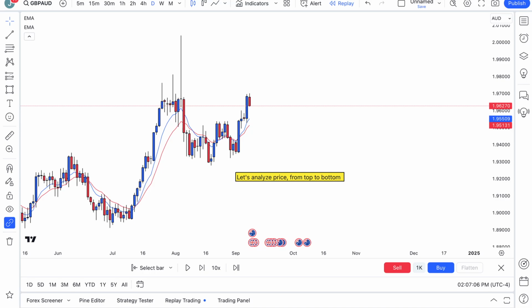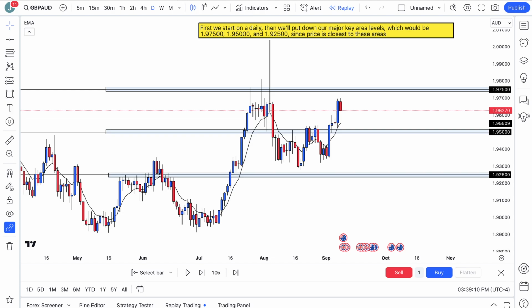Let's analyze price from top to bottom. So we're just looking at price. First we start on a daily, then we'll put our major key area levels, which would be 1.97500, 1.9500, and 1.92500. Since price is closest to these areas, as you can see, we're not gonna put 1.9 flat because price